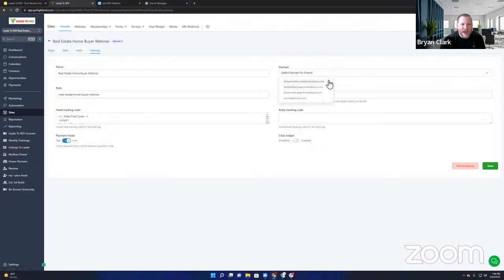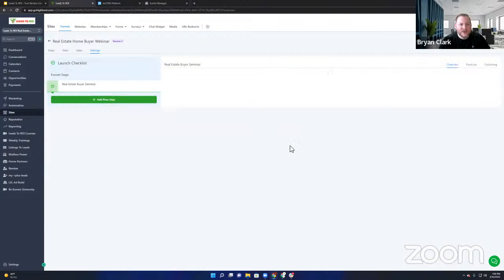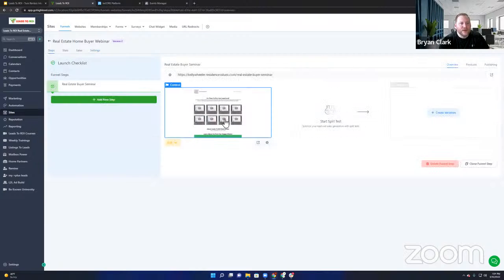Now, another step that I want to make sure that I do on this as well is I want to make sure that I add a domain to this. So I'm going to use this kellywheeler.residencevalues. So that way I know that I have a domain that's linked to this particular funnel, so that as I add in the pixel and go through all the steps,